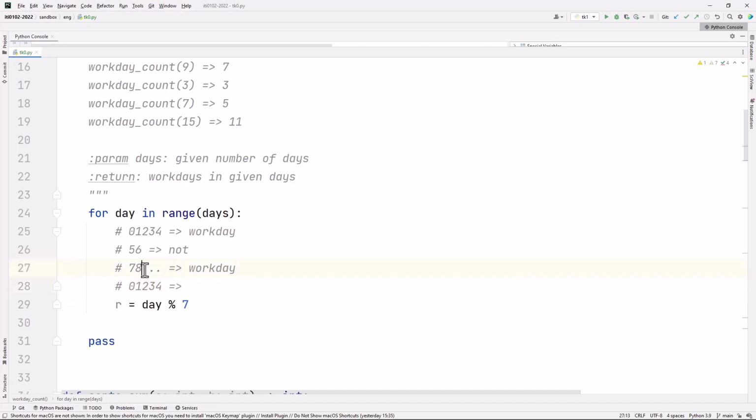So 7, 8, 9, 10, 11 will give me that, and after that we will have 12 and 13, I guess, and 14. Those will give me 5 and 6. And again, if I start with 14, 15 and so on, I would still get 0, 1, 2 and 3 and 4. So basically we can say if the remainder